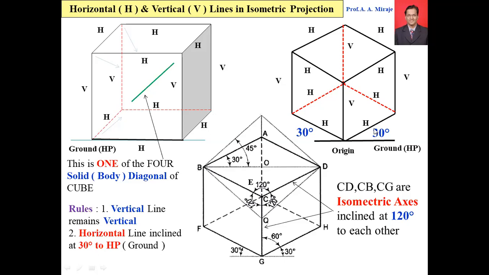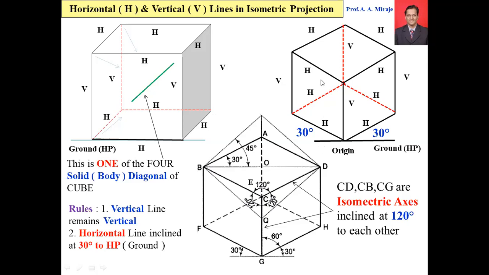Now this dotted line is parallel to this line. So this horizontal line is already inclined at 30, as I told previously. Then this line is parallel to this. So if I draw a short line here and measure this angle, that angle is also coming as 30. So one horizontal line, second, third, and fourth. These are 4 lines which are already on the HP or on the ground, and this is inclined at 30 to this horizontal line, this is inclined at 30, this is inclined at 30, and all the 4 lines are inclined. Same is the case with the top 4 lines.